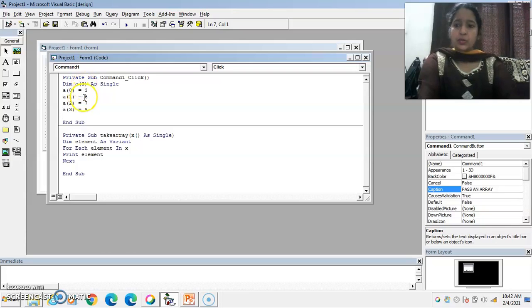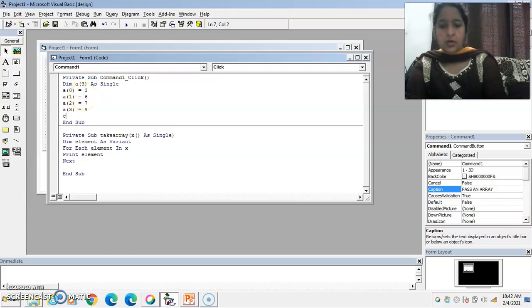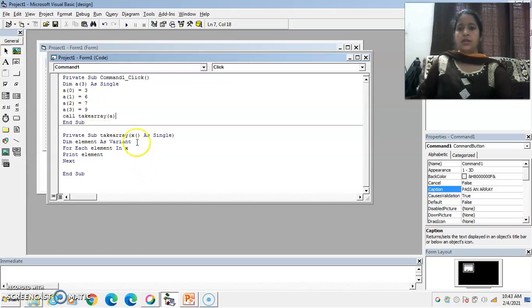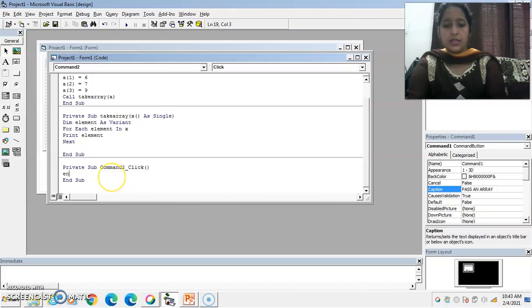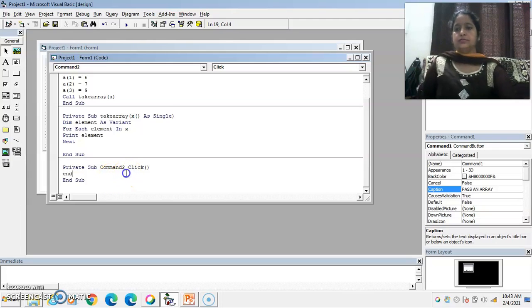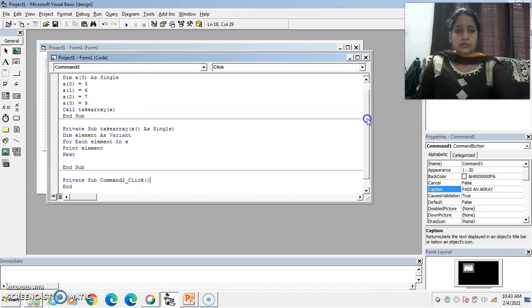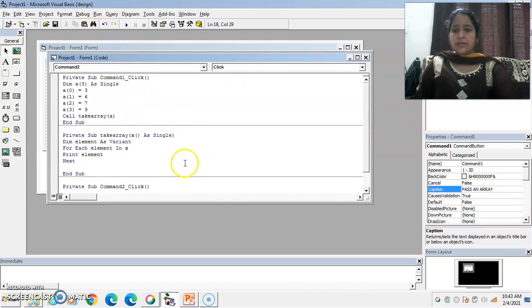Now call this subroutine take array A. Okay, also write down the coding for the command 2 button. This procedure is very simple. I think this is very much clear to you.